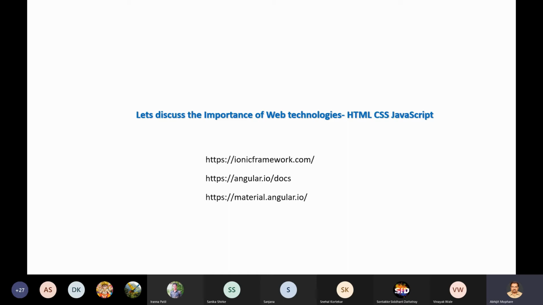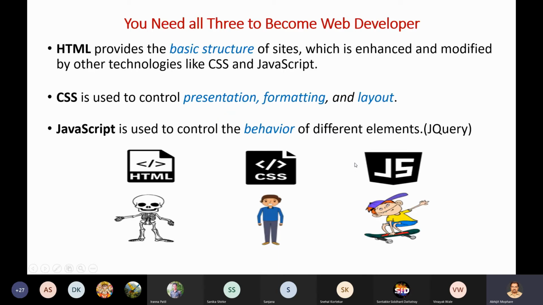And don't think this is very huge. Yes, it is a huge concept, and I'm sure that in the coming 6 months we will be able to do this, because due to corona your examinations will start in April, and we have plenty of time. At least I require 3 hours per week. After this course is over, I will be in touch, and we will be developing these projects. But during this course, you will be developing two projects, as you have gone through the brochure of this course, right? Fine. So you need all these three to become a web developer.